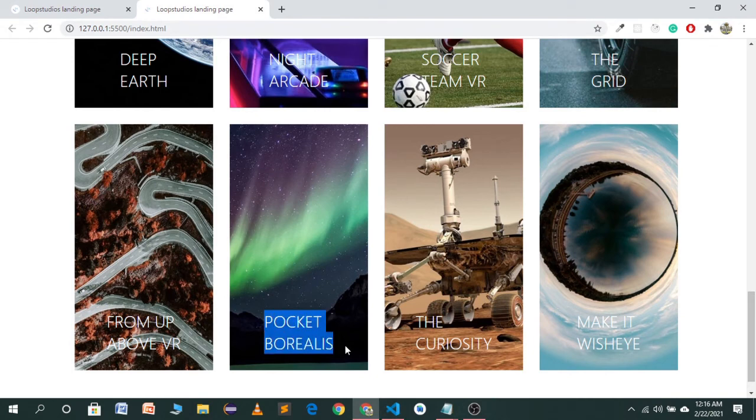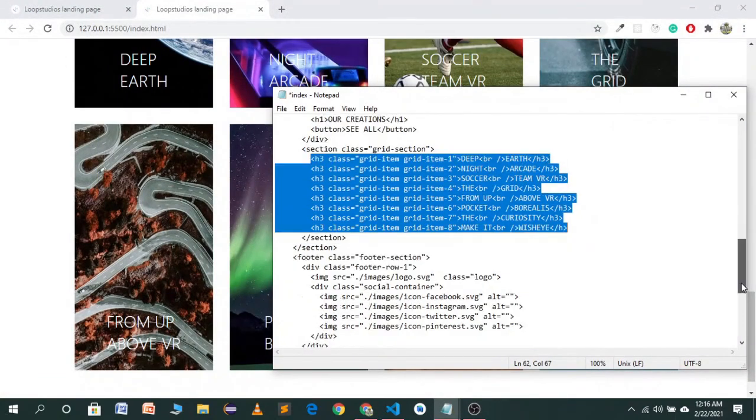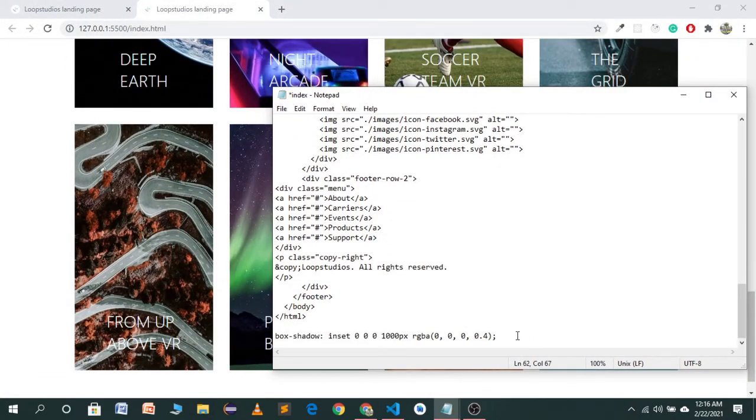As you will see, the color is white and in the picture it's hard to read this color, so we will use the box shadow for this. Now you can pause this video and copy this text.